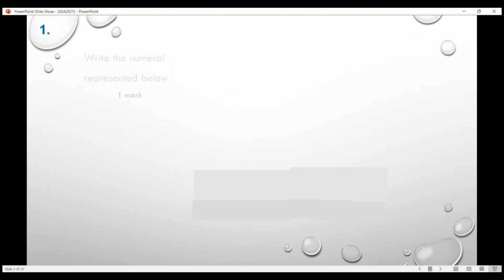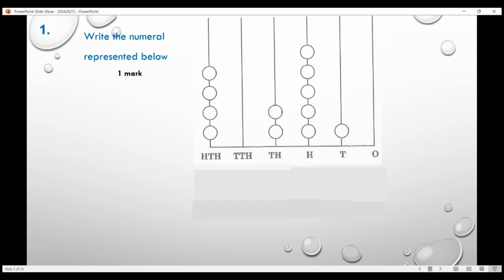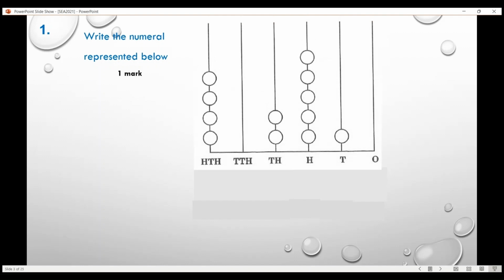Let's now look at number 1, where the question asks, write the numeral represented below. And we can see this diagram shows us something similar to what we consider to be an abacus. Some of us could easily look at the answer and see, well, there's 1, 2, 3, 4, 400,000, no 10,000, 2,000, so there's 402,000. And if you look in hundreds, 1, 2, 3, 4, 5, there are 500s and 10, 510. So some of us can look at it and say